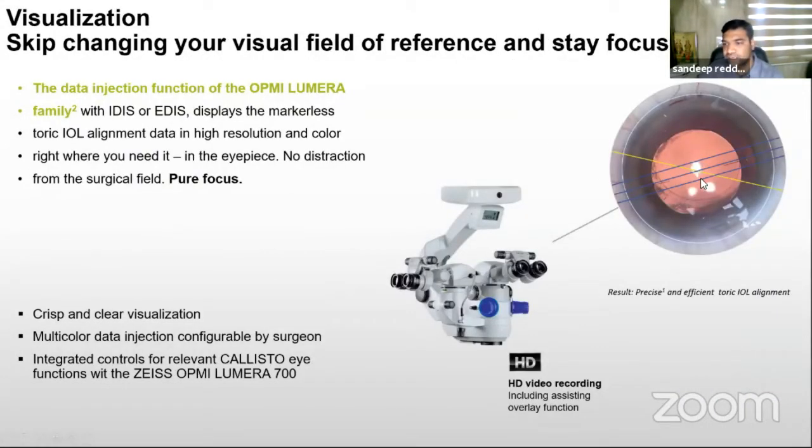So this is how an image comes in. And the other advantage this Callisto also has is that it has got an HD recording system along with it. You do not require an extra video camera to be attached to record all your videos. It has got a 1 GB memory built into the Callisto, and it gives you a 3-chip HD camera that is completely attached, so that all your surgical videos can be recorded as per the data that is stored from the IOL Master 700.